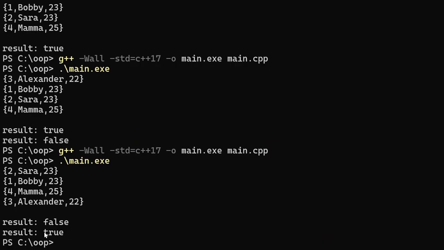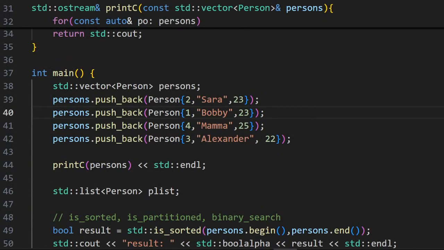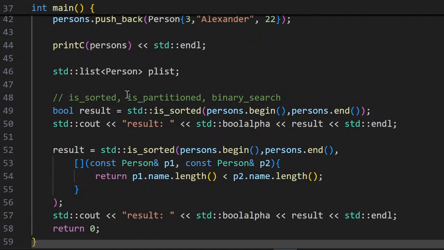Right now it became true. Previously it was false and previous was true. Now we have previous false and the new sorted result is true. Now let us move ahead and talk about is_partitioned, the function to check whether